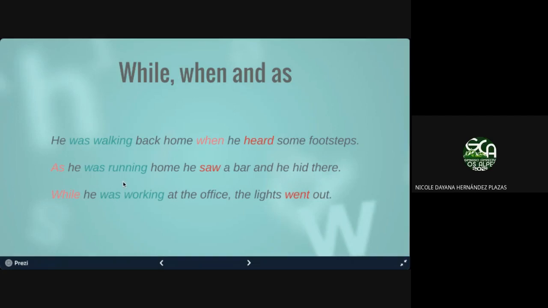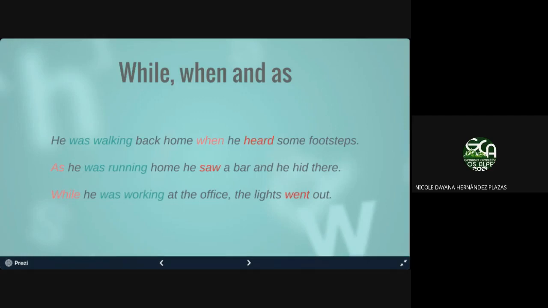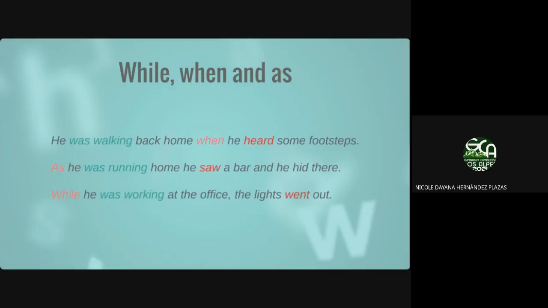¿Hay una acción que interrumpe a la otra? ¿Hay una acción más larga? Sí, sí hay. Y ahora pregunto, ¿ustedes tienen when? Les acabo de decir que el when es para introducir la acción que interrumpe. ¿Tienen when en algún lado? No. ¿Por qué? Porque este as hace que ya no tengas que usar el when. Porque te está diciendo, mientras pasó esto, esta otra cosa pasó.